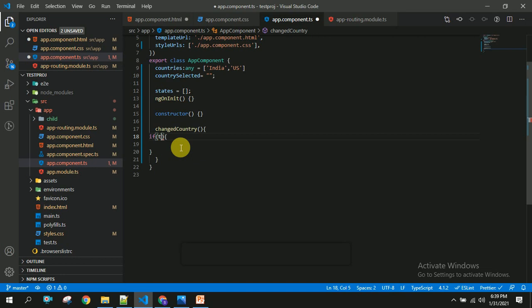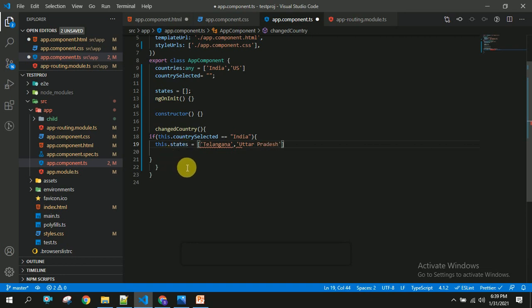If this.countrySelected equal to India, then I am going to assign states with some values: Telangana, Uttar Pradesh.